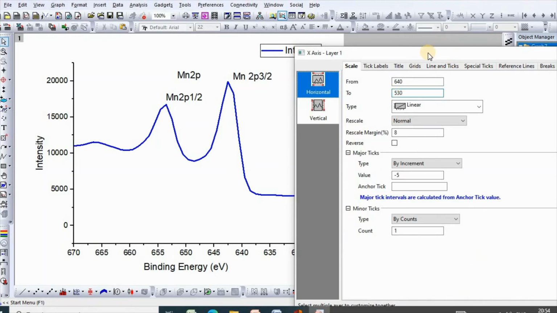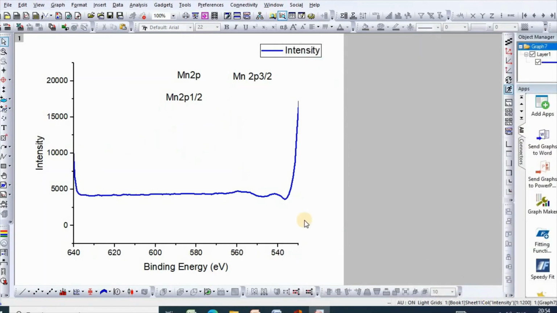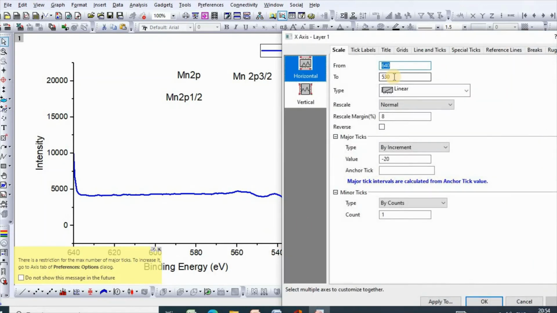Then click OK. This peak is not showing, so you need to reduce the scale again. So make it 450.